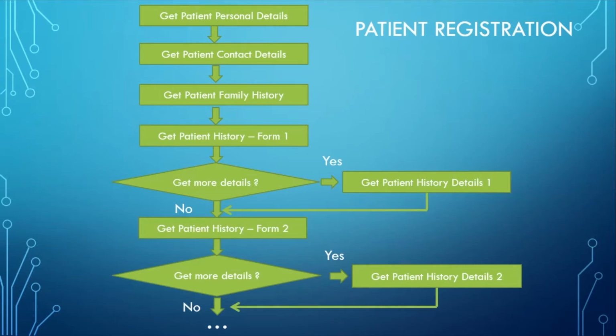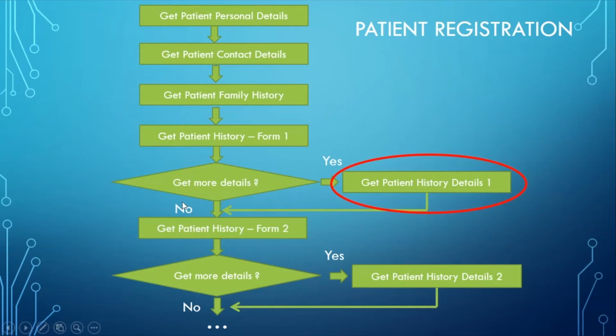Now say we are debugging this flow, and we have entered all the details starting from the personal details, contact details, family history details, and our interest is in the patient's history detail. Say there is a bug reported in this particular screen. Say the patient's history details in form 1 is not getting saved successfully or whatever. So we want to debug through this particular screen. So after filling all these details, instead of giving a yes here, for which the application opens up the history details screen, we give a no. And then we realize this only when we are stepping through.